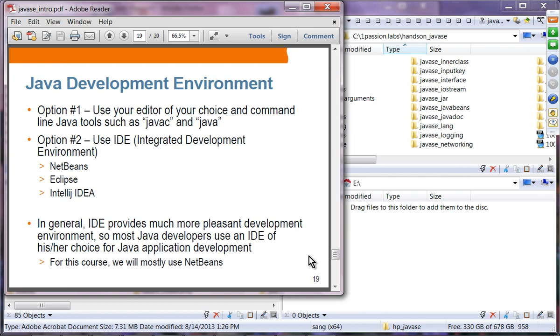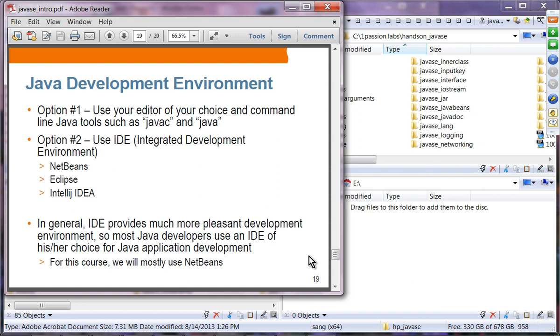There are two different ways that you can build, run, test, debug and profile your Java application. Option one is using an editor of your choice and then command line tools such as javac and java.exe that come with the JDK. Option two is using an IDE of your choice: NetBeans, Eclipse, IntelliJ IDEA, those are the three primary popular IDEs people use.